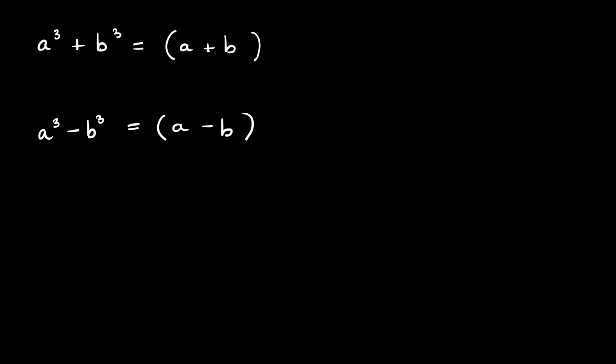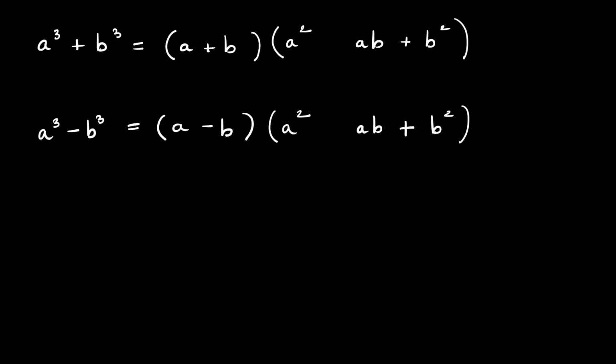Okay. So as I said, A cube plus B cube, first bracket is A plus B. A cube minus B cube, first bracket is A minus B. In the second bracket, it will have the same terms, A square, AB, and B square. Here also it will be A square, AB, and B square. Now remember, the squares are always going to be plus. We have learned this before. Whenever we are squaring, this is always going to be plus. Now this is the only place where the sign will be different. If here there is plus, then here we'll write minus. And if here there is minus, then we'll write plus.